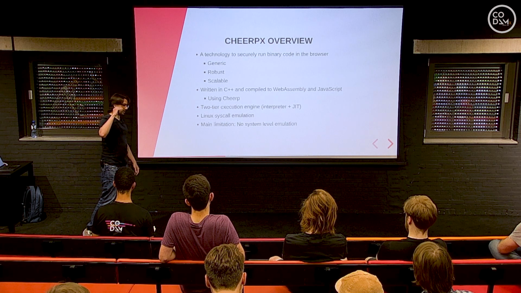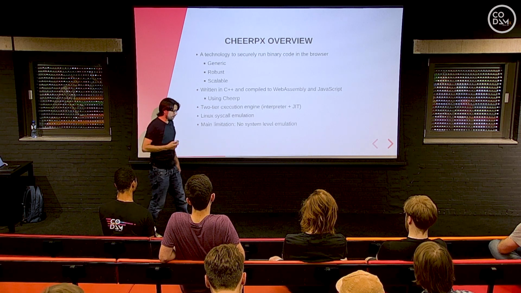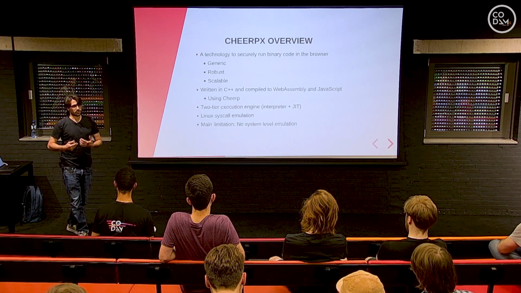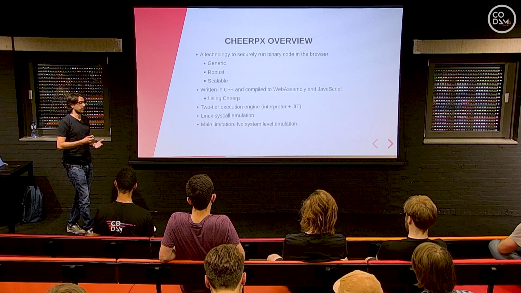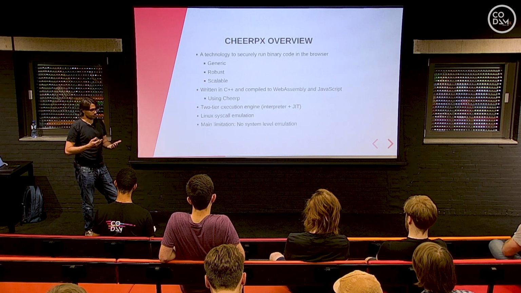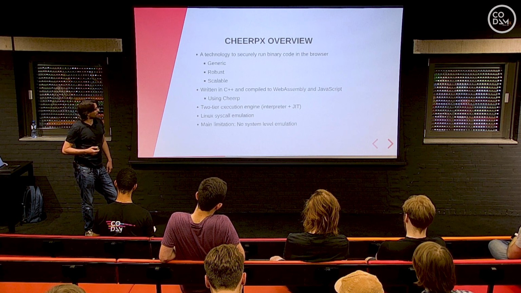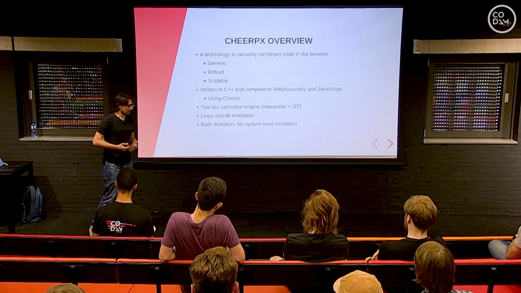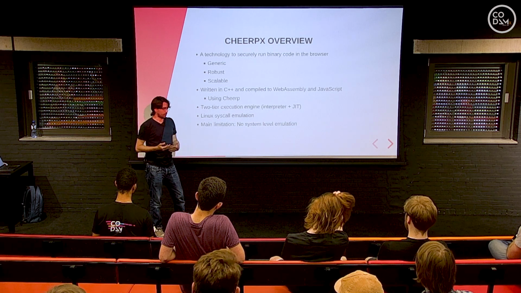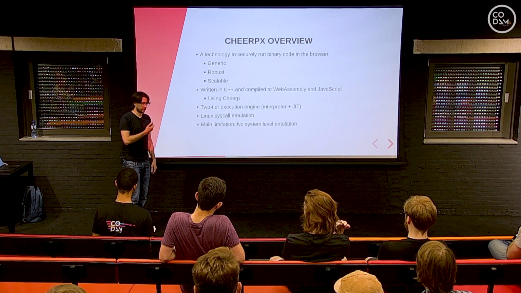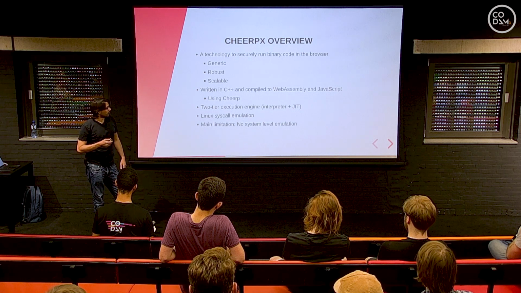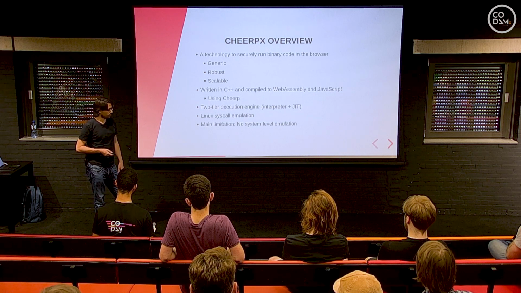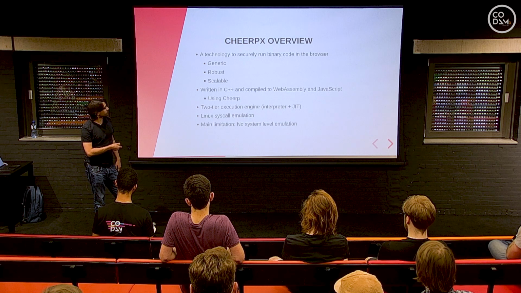And we stop at system calls. This gives us some advantages, since, for example, when we can see that an application is trying to access a file, we can decide to redirect this file to an HTTP backend, or to another backend if we want to have it read-write. But the limitation we pay for these advantages is that we cannot run system-level code. This means that we cannot truly run the Linux kernel itself. We have to emulate it, and we cannot run Windows on top of this system because we cannot run the kernel. This is something that in the future we might change. We might implement this sort of support, but right now this is an effective limitation.